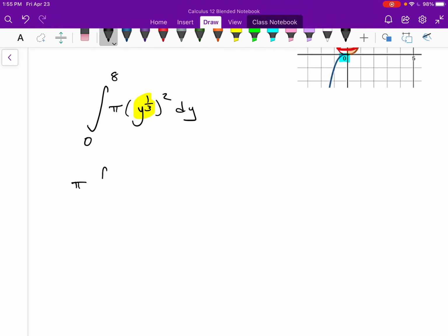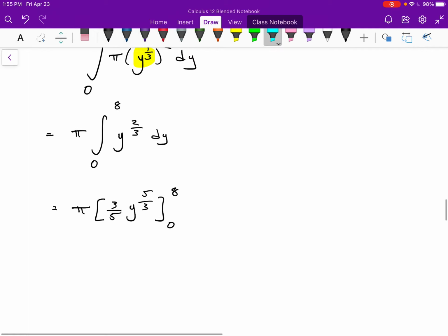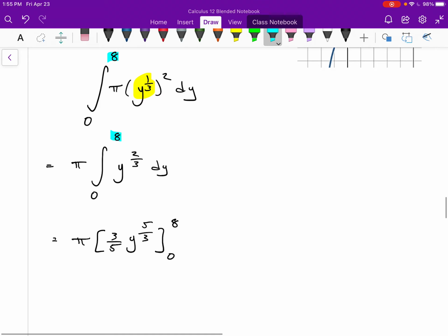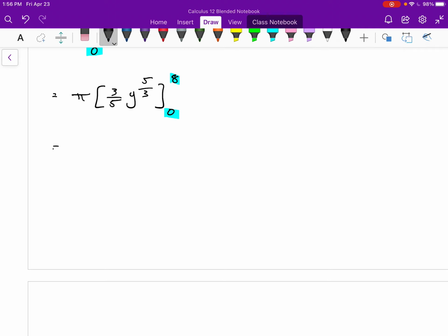Let's take out that constant of pi, and write this as y to the 2/3. Use the power rule. We get 3/5 times y to the 5/3. And I want to evaluate this from 8 to 0. And at this point, you probably don't really need to watch me do this, but I get pi times